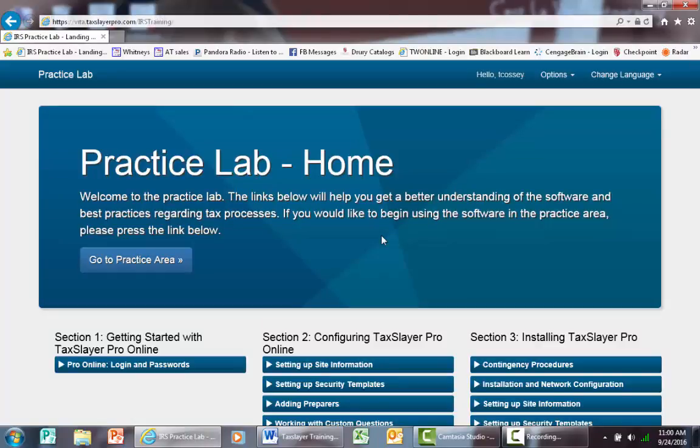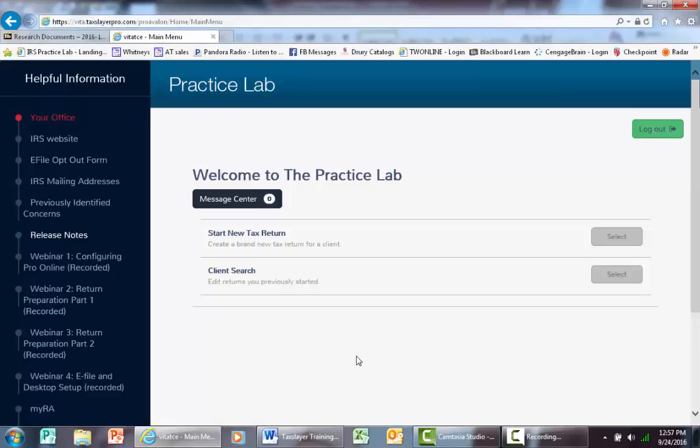So once you've created your account, you'll log in, and you're going to see a screen that looks like this if you're in the Practice Lab area and not doing a real return. It should say Practice Lab up here and down here, and click Go to Practice Area. Once you're in, you can begin a new tax return. So choose Start New Tax Return